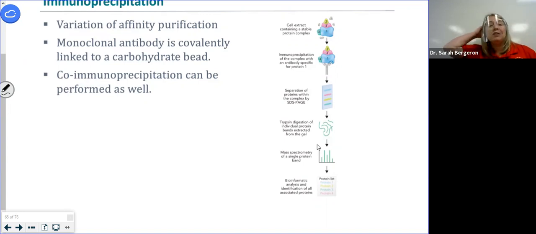Now, if you have cancer, actin no longer associates with these proteins or whatever it is, right? So that's a really, really powerful tool. But what did you need to make that happen? You needed an antibody. You need an antibody that is specific to your protein of interest. So how powerful are antibodies in biochemistry? Like insanely, insanely important. You can use them for so many different things, right?